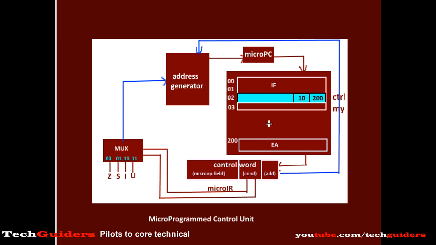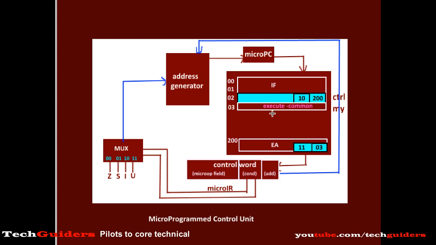In our example, just assume that if the effective address calculation of the operands is not required, then the next micro instruction to be executed is at the next address 03. And if the effective address calculation of the operands is required and once it is completed, then make an unconditional branch to the same address. For unconditional branch, the condition bits are set to 11 and the address is 03. And just assume that this address 03 contains a common execute routine for every instruction type.